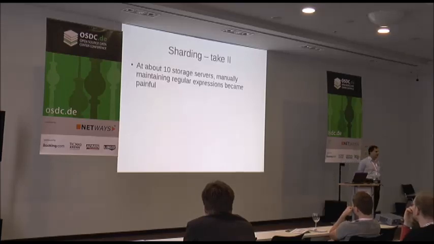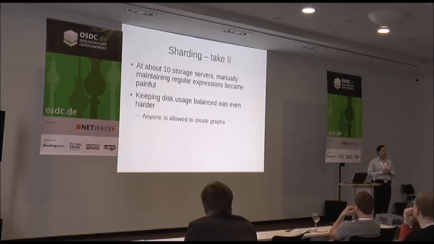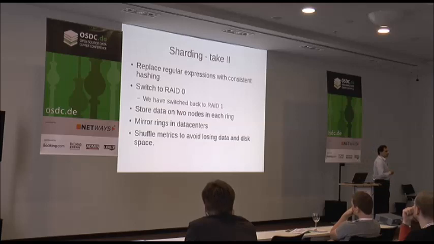And then we grew to 10 servers over the course of a year. And sometime around then we went, yeah, this is too hard to balance out manually, because it usually takes us about 2 days to figure out how much traffic we are sending where, if you're looking at individual metrics, and it's still not balanced. So we switched to consistent hashing, and that was easier. Again, anyone is allowed to create graphs, so everybody does. We got consistent hashing in there. Traffic was balanced very nicely and happily.